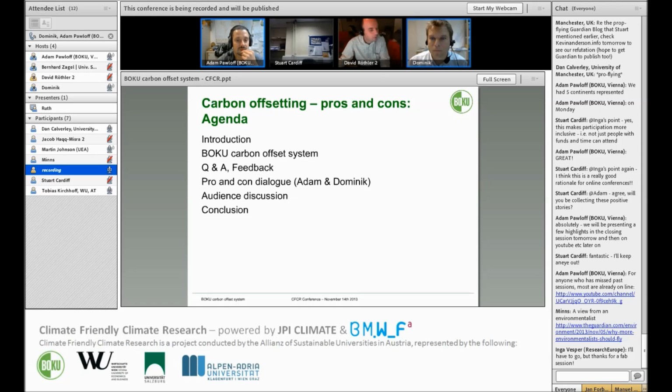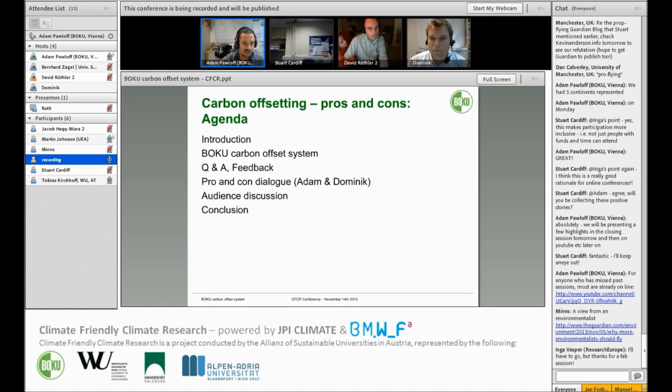We were intensively talking about travel and how to reduce carbon emissions in the session before, and now we want to introduce a method, the carbon offsetting system of our university, which started just years ago. And we want to use this session for discussing with everybody the pros and cons of carbon offsetting projects, how they look in the future, and getting your ideas on them.